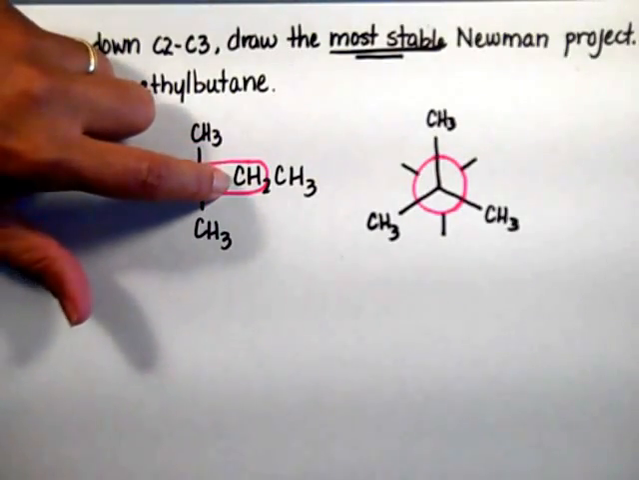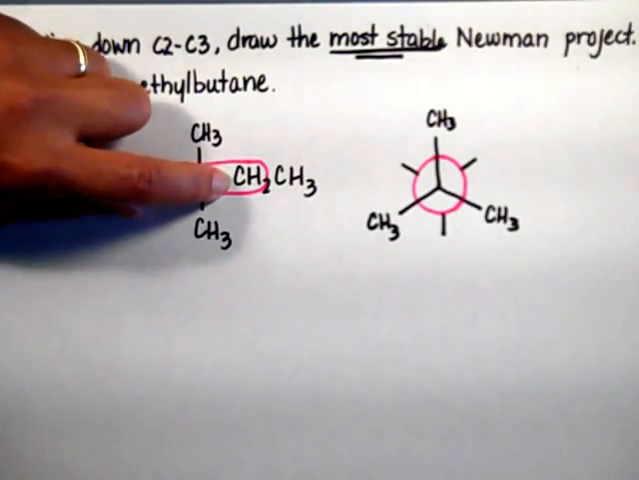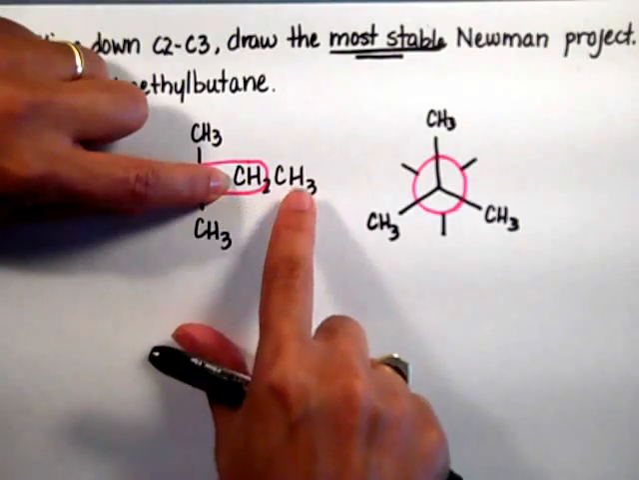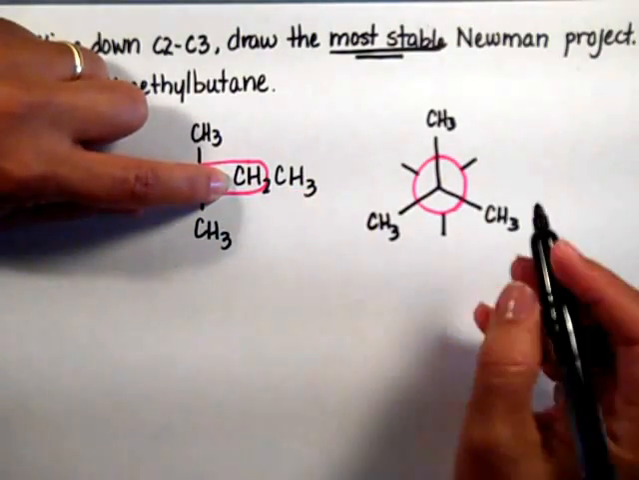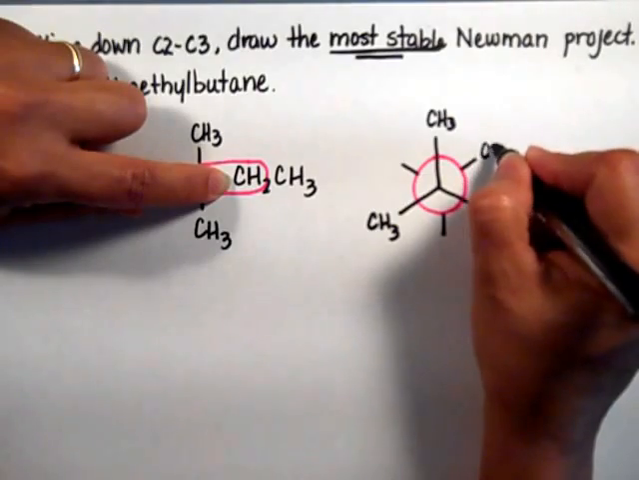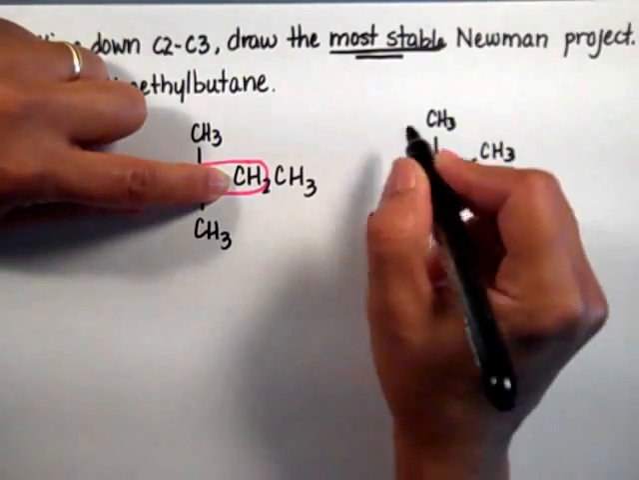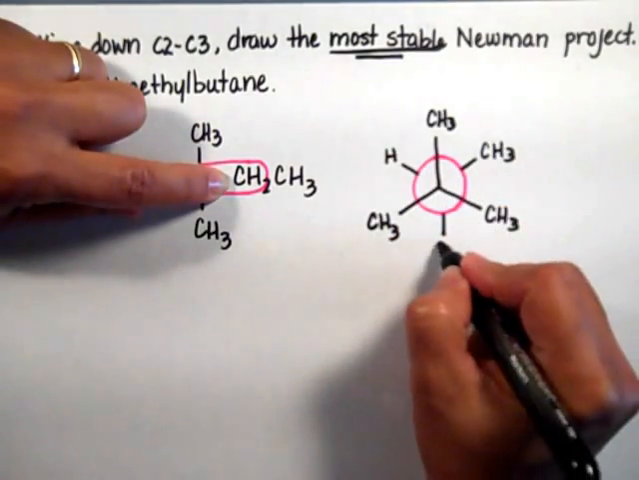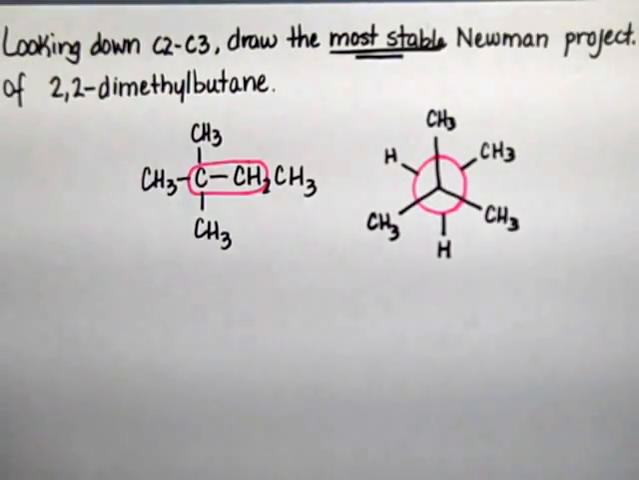This one right here, carbon number 3, would be the back carbon, and there's 2 hydrogens and 1 methyl attached to the back carbon. Right now, go wherever you want to put them. I'm going to put the methyl here, a hydrogen here, and the other hydrogen down here. So this is a staggered conformation. I do not know if that's going to be the most stable or not, so I'm going to do the